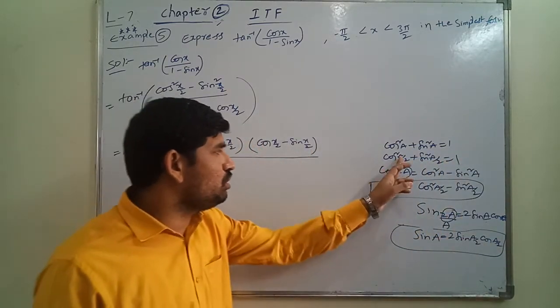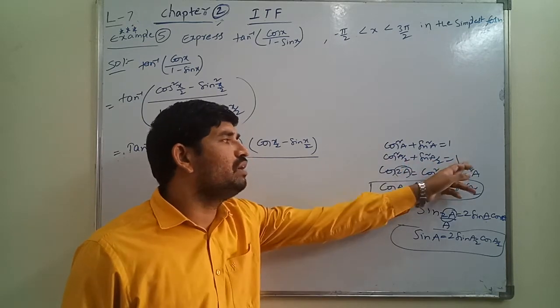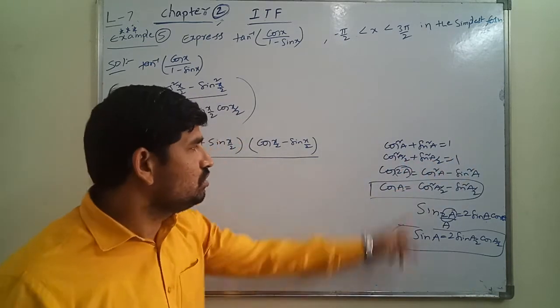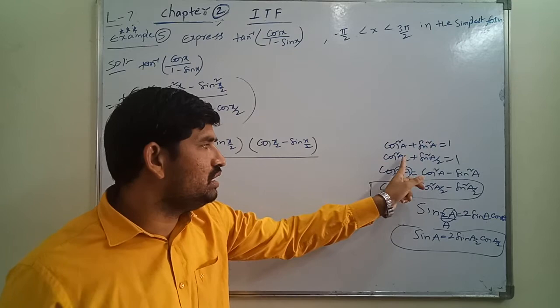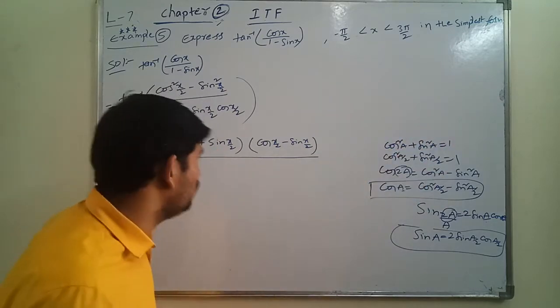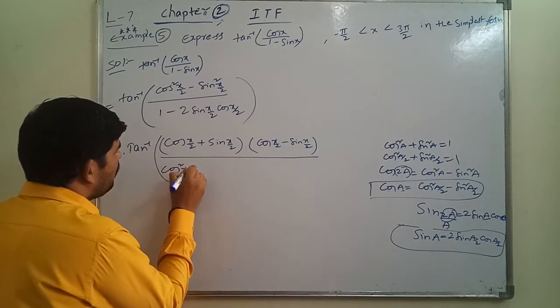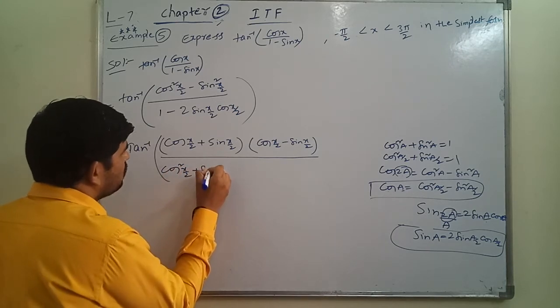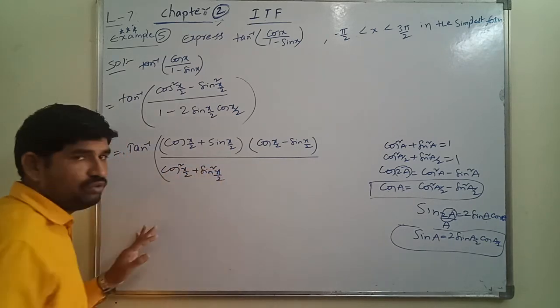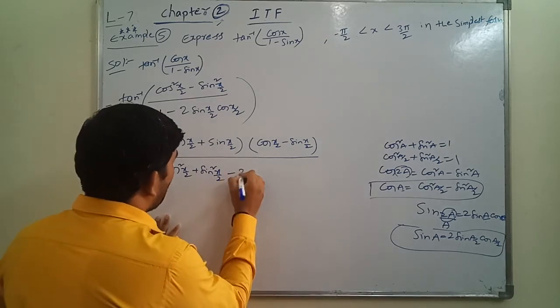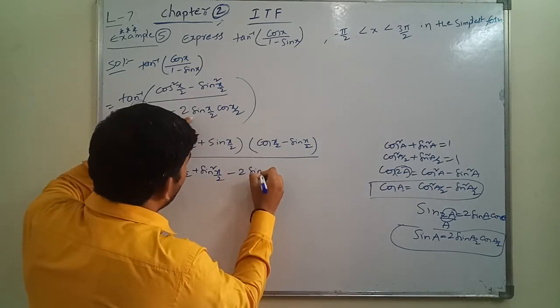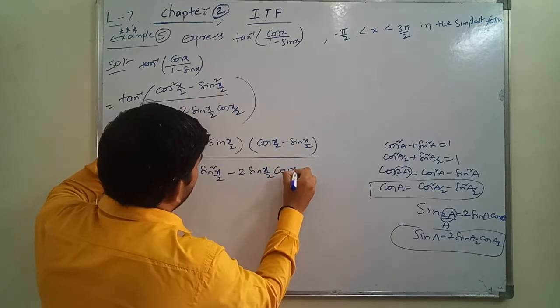Because if the two angles are equal, again we can get the answer as 1. So there is a and here also a. There is a by 2, a by 2. We are having the 1. So now see, in place of 1, I will write cos square x by 2 plus sin square x by 2. Yes, all of you. So next minus, already having 2 into sin x by 2 cos x by 2.